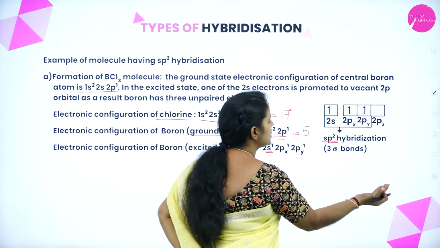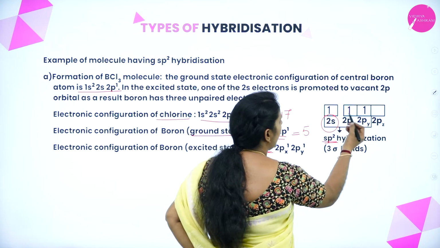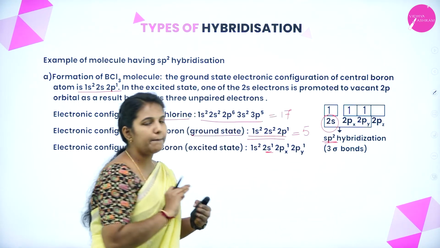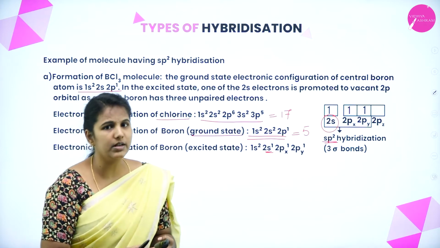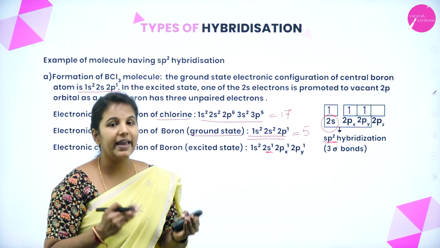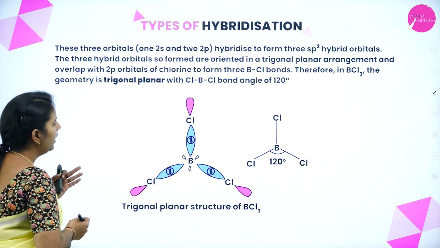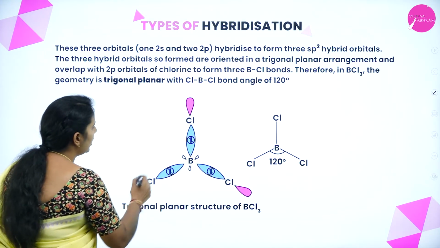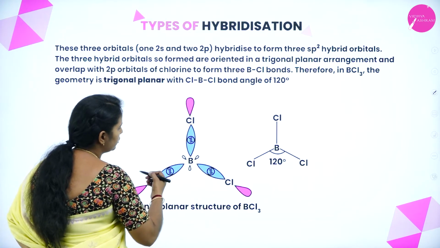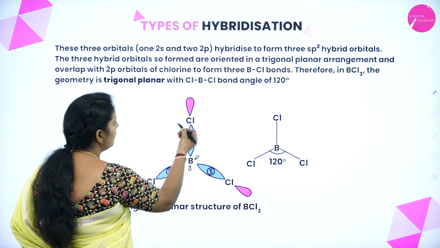Why is it known as sp2? Because one s and two p orbitals overlap, or undergo hybridization, and it forms sp2 hybridization. Here you can see that the boron has 3 unpaired electrons